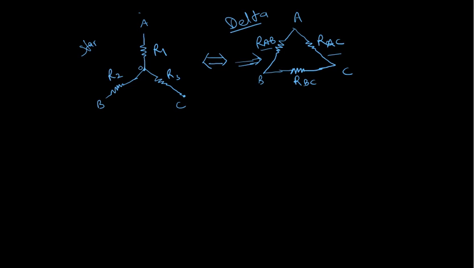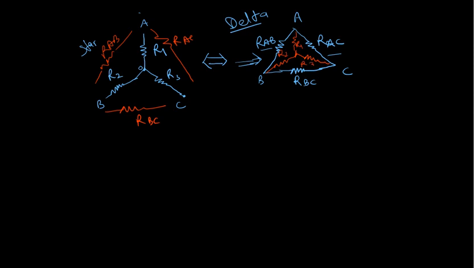Actually, this delta we have to fix in place of the star. So how do we fix it? Your RAB branch will come at this point, and RAC branch will come at this point, and RBC branch will come at this point. So in place of the star you can fix this. Similarly, in case of a delta you can fix a star like this. It depends where it is required. If I want to fix a star, this will be R1, this will be R2, this will be